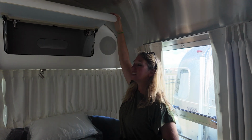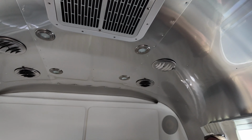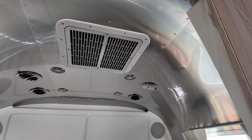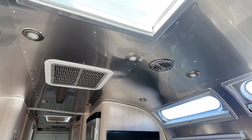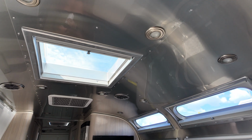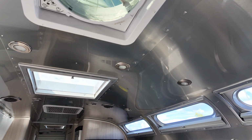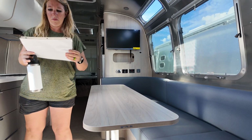I also think it's interesting, this has 4 vents in the bedroom. And ours is just 2, which seems like plenty. So in the galley area, it only has 4 vents. We have 6 vents in the galley. This has 4. So the reason I like this layout, though, is I really like this kind of elongated